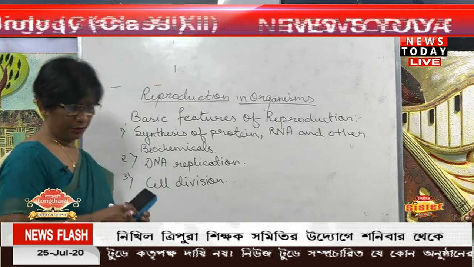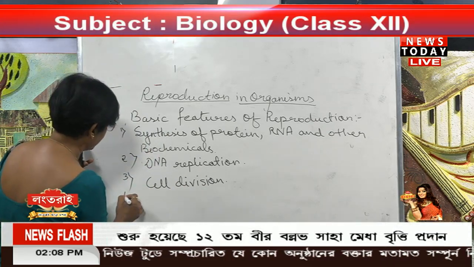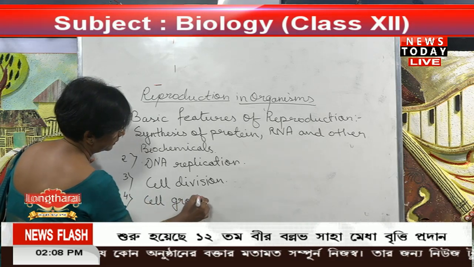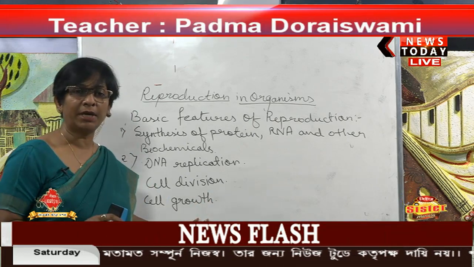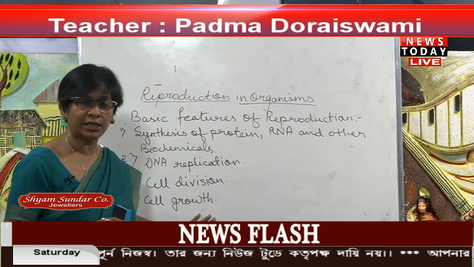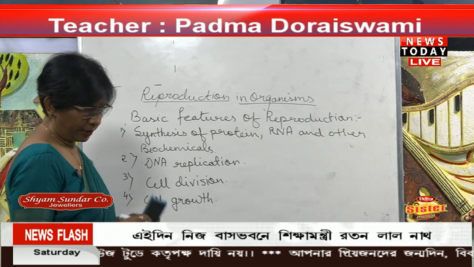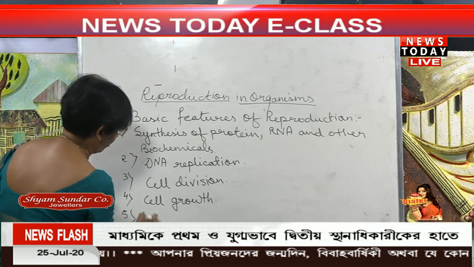Now, next we go to the formation of... If cell division is there, cell growth will also be there. Cell growth means the cells are becoming big, that means full-fledged, and maturation will be there. So, if cell growth is happening, then there is the formation of